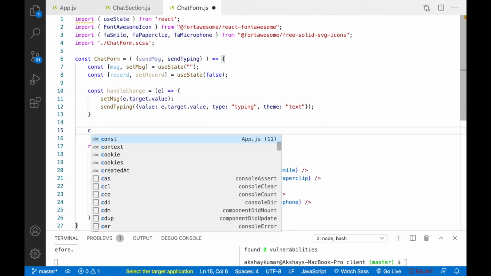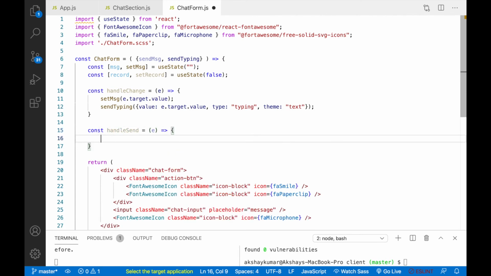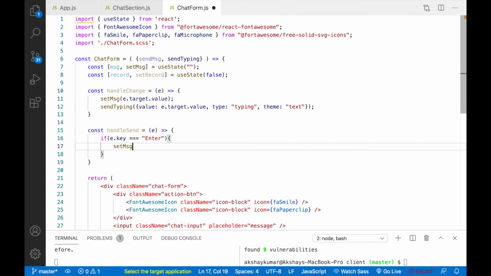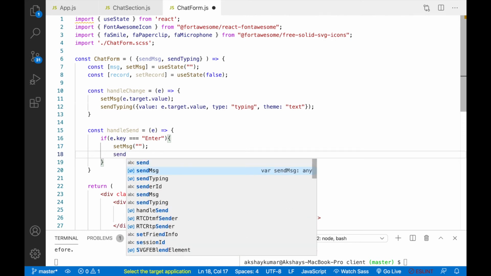Okay, second method will be handle send. So here also we'll take event and here we'll write if e dot key is equal to enter. So that means whenever we are hitting enter, right, we'll write set message. We're setting the message to empty, right, and we'll write send message.